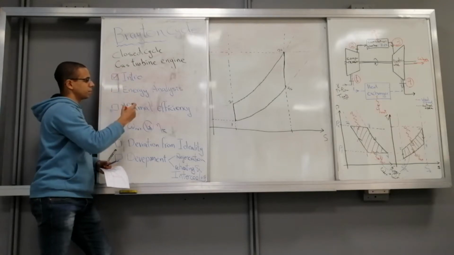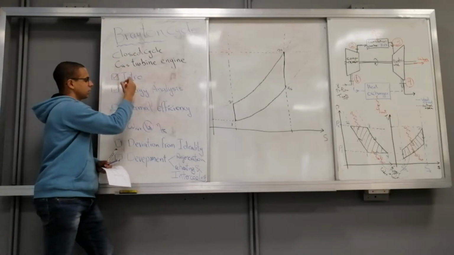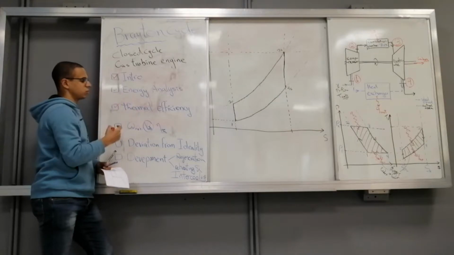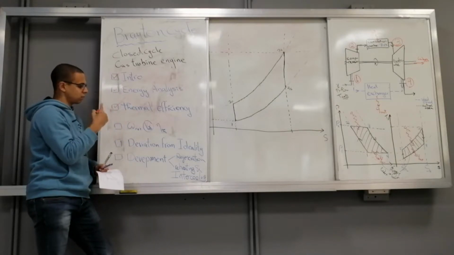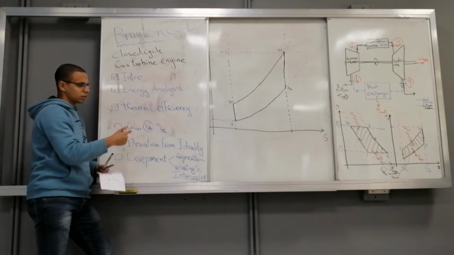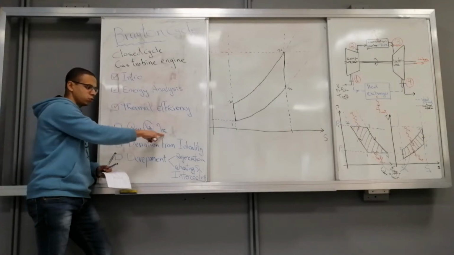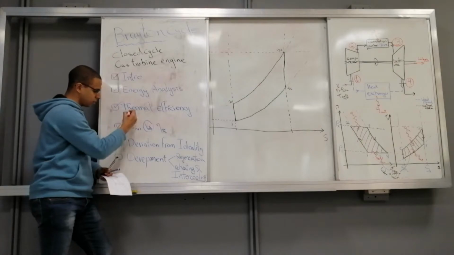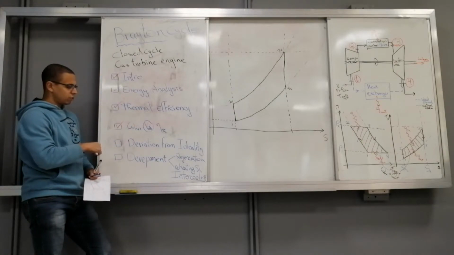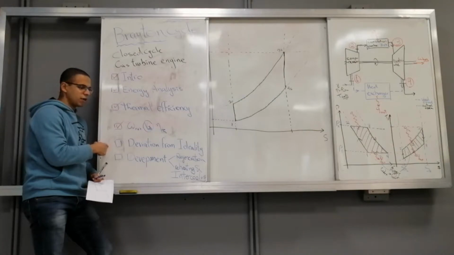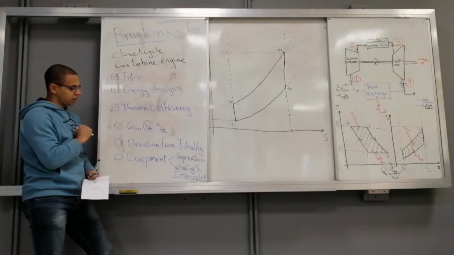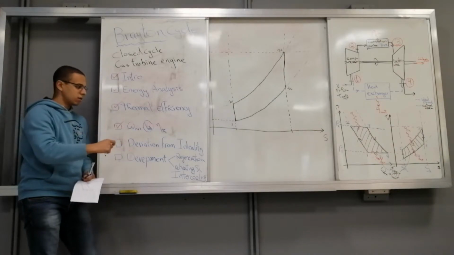We have introduced the topic in a video. We have done the energy analysis, thermal efficiency calculation, and the derivation of it. We have discussed the compromise between network output and the thermal efficiency in the previous video. Today we're gonna discuss the deviation from ideality of the cycle, and then we have another 3 or